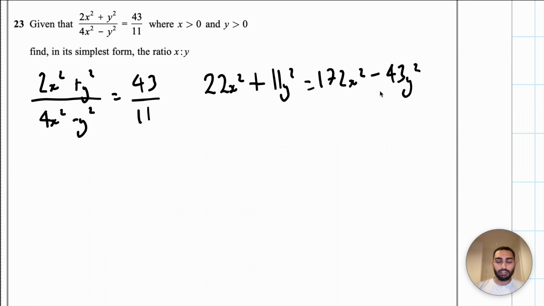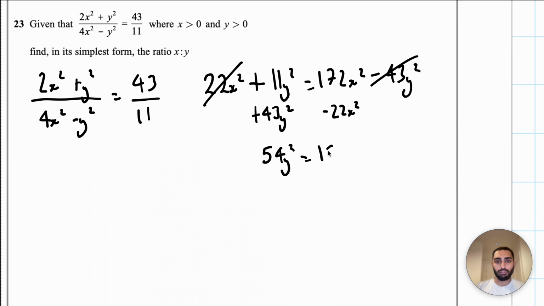I've removed that fraction, so now I need to move all of the x squareds to one side and all of my y squareds to the other side. Because I can see I've got more x squareds here, I'd rather move this 22x squared to this side, and I'm going to move this minus 43y squared over to this side. So I'm adding 43y squared here, and I'm taking away 22x squared here. So this is going to disappear, and this will disappear. 11 add 43 is 54y squared is equal to 172 take away 22 is 150